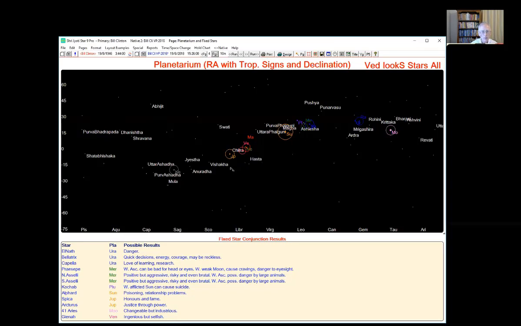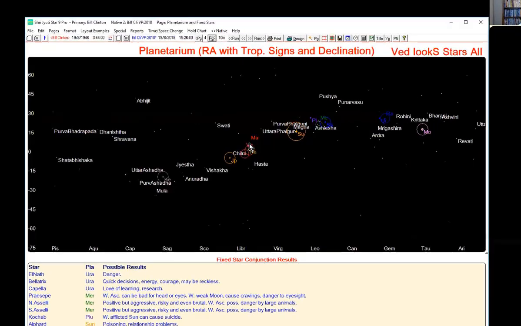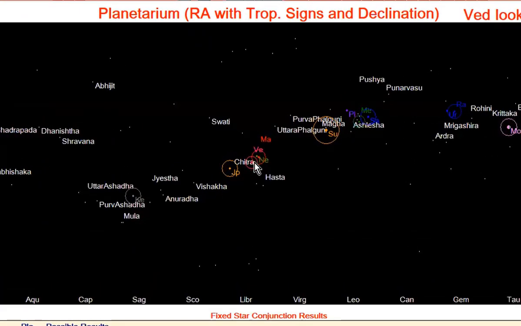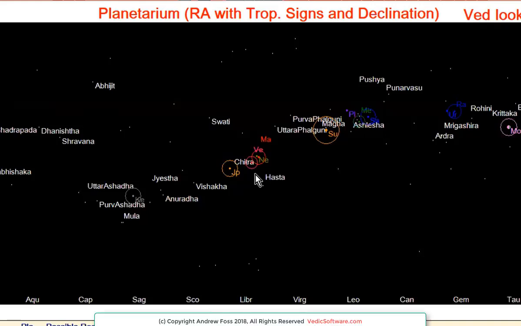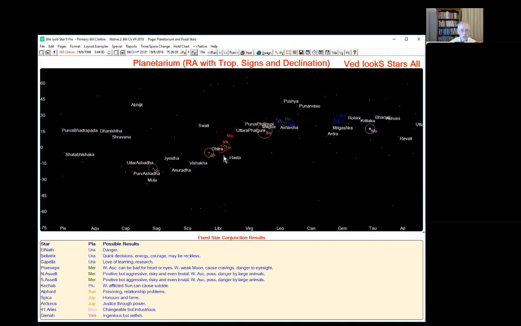The planets are shown here with an orb. This is the sort of traditional orb that's used for the planet. It's very interesting because you can see here's Venus and Mars, their orbs are overlapping. There's a whole system where you consider conjunctions primarily based on the overlap of the orbs, and you can only really see that in the planetarium. So it has a definite and powerful use for natal astrology. It's quite good to check this before you study a chart to really see which planets are actually in the